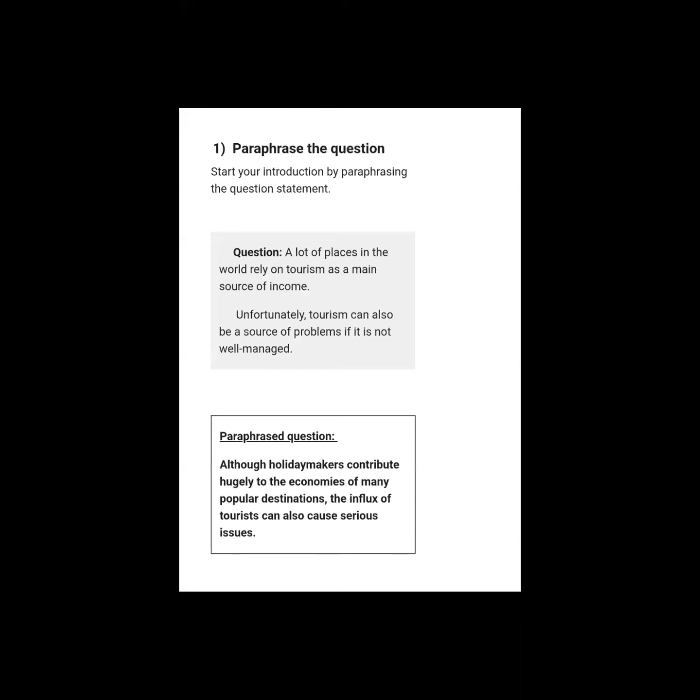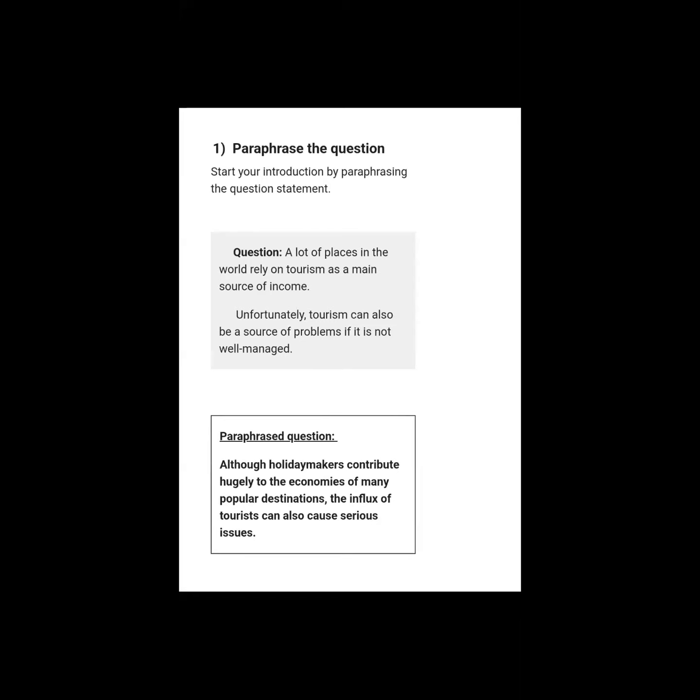So the first one being paraphrase the question. Start your introduction by paraphrasing the question. So now the question says, a lot of people in the world rely on tourism as a main source of income. Unfortunately, tourism can also be a source of problem if it is not well managed. So how do you paraphrase this? It says, although holidaymakers